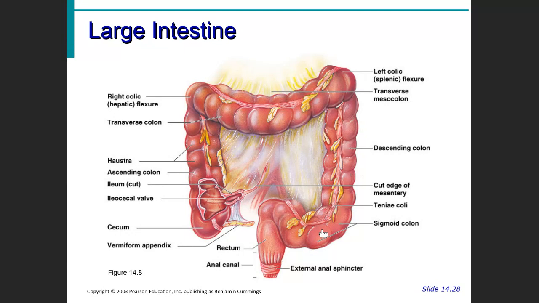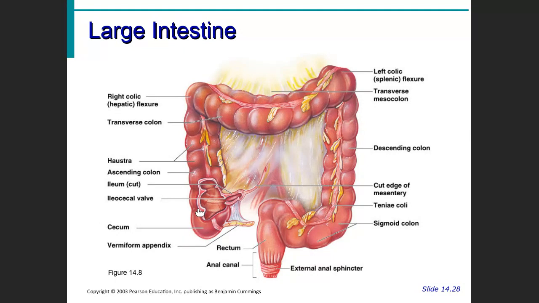And of course, what's left over here is what we call the feces, or the material that you could not digest, which is mostly things like cellulose and lignin that are in plants that you could not digest. You have no enzymes for that. So the more plant material you eat, the more poop you'll make. And then right down here is where it'll be all stored and moving down.